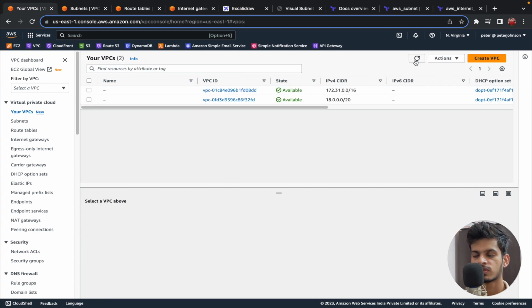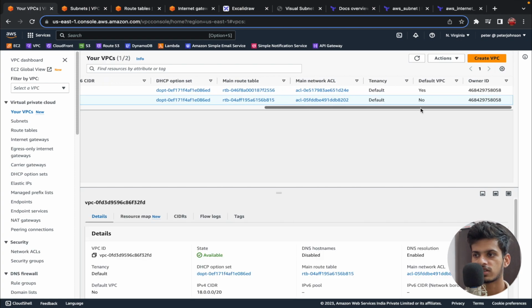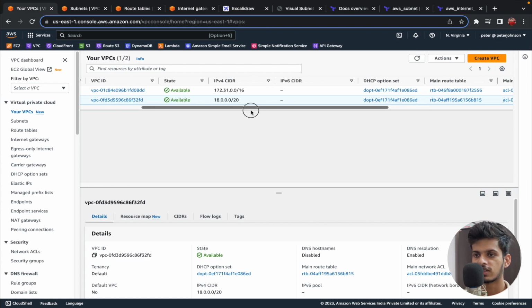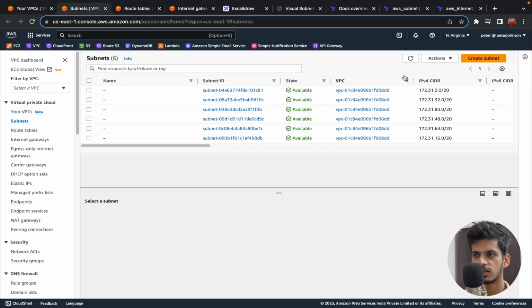And now if we go to our VPC and if I refresh it, you can see that we have a new VPC right over here. And if I move to the right, you can see that this is not the default VPC, and we can see all the different information. So if I copy the VPC ID from here, and go to the subnet section, and refresh it,